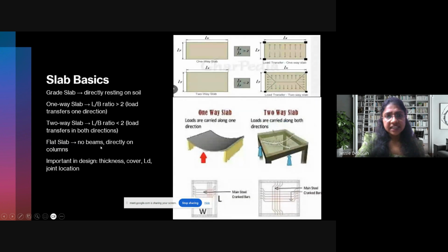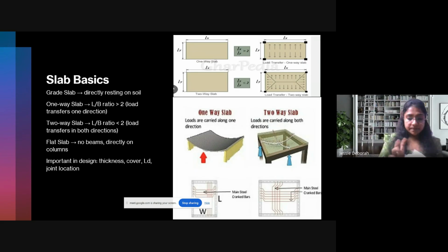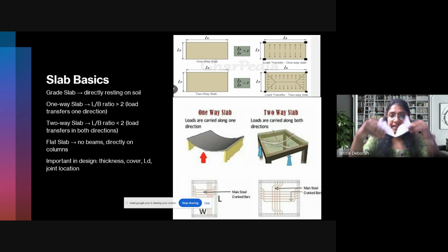Okay, right. So now looking at slab design, last time when I came and taught you, I told you about the one-way slab and two-way slab. You all know that in a one-way slab, load transfer can happen in only one direction. Now this is very easy to understand. Take a paper, for example, I have a paper with me. If this dimension is going to be less, naturally it will bend like this. So I have to give rebar only here, and then here I will give only distribution bar.